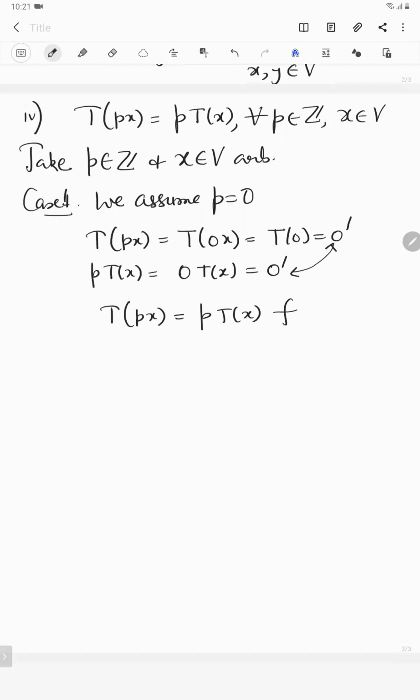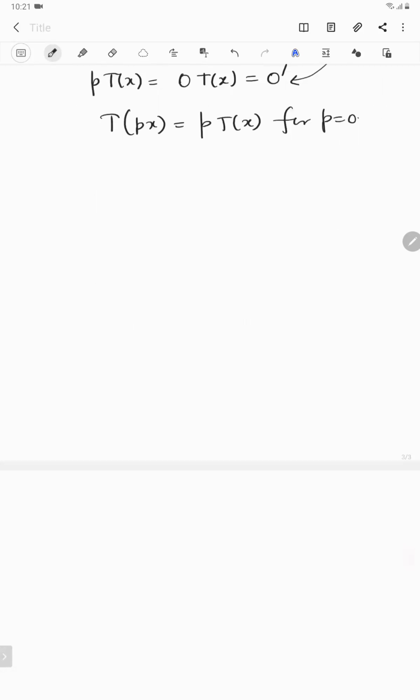Now we shall prove the same result when p is a positive integer, and we can prove it by using one of the most famous results of number theory, that is the principle of mathematical induction. So case 2, when p belongs to the set of natural numbers, that means p is a positive integer. So here in step first, we shall prove the result for p equal to 1. So it's obvious, when p equal to 1,